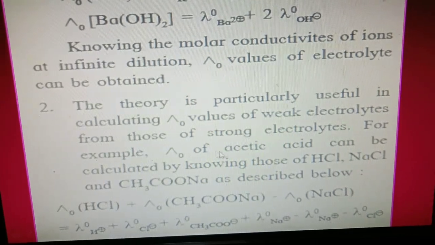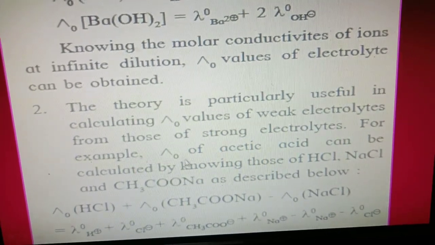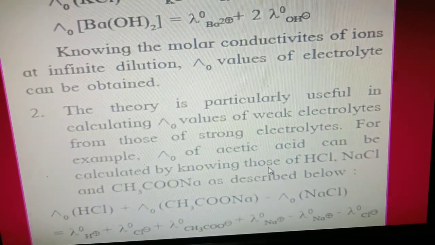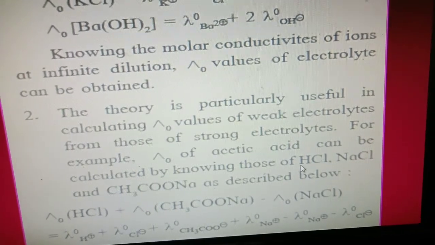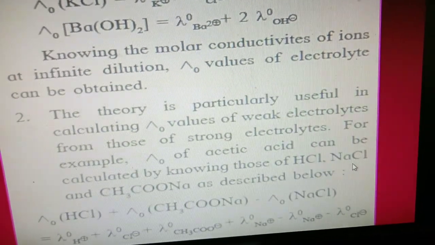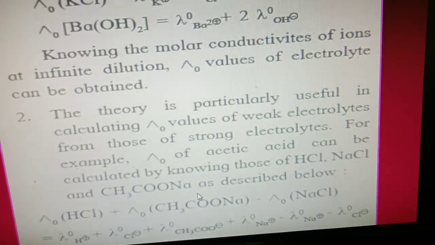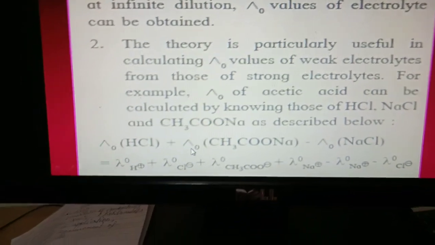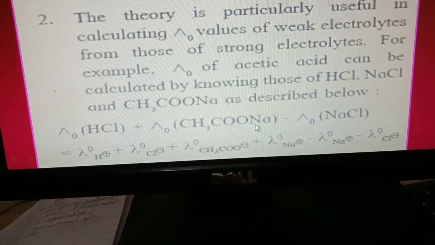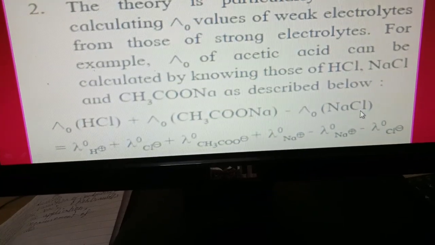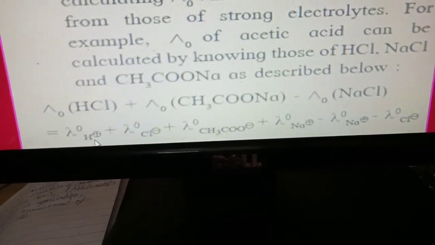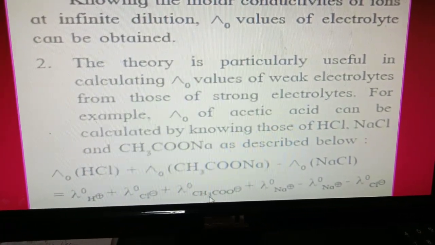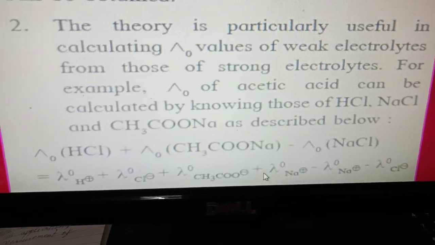For example, λ0 of acetic acid, a weak electrolyte, can be calculated by knowing the λ0 values of strong electrolytes like HCl, sodium chloride and sodium acetate, which can be represented mathematically as λ0 HCl plus λ0 CH3COONa minus λ0 NaCl, that is equal to λ0 H+ plus λ0 Cl− plus λ0 CH3COO− plus